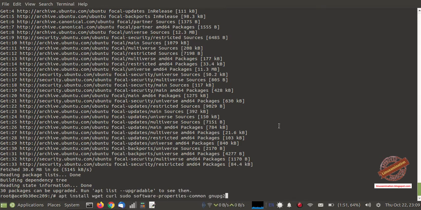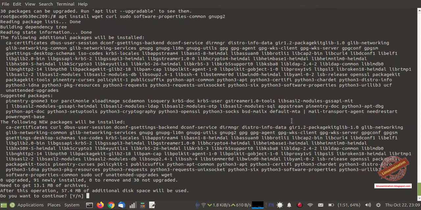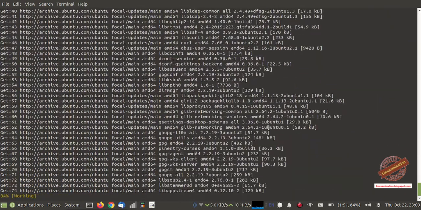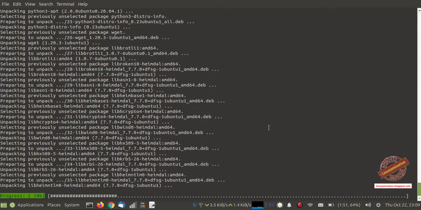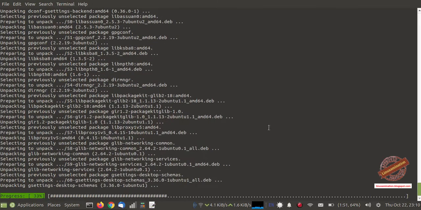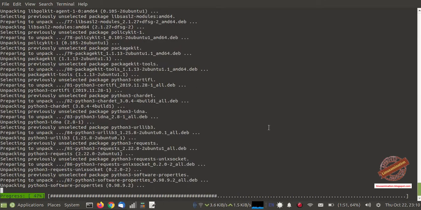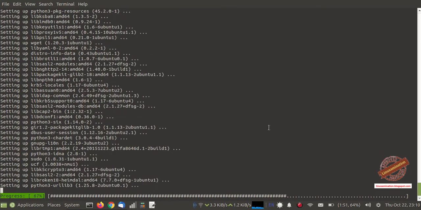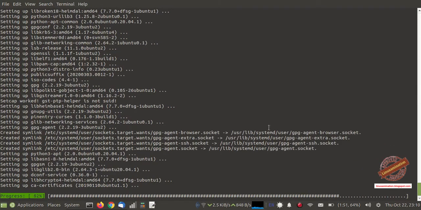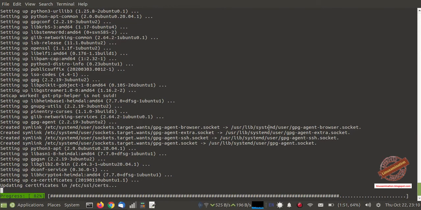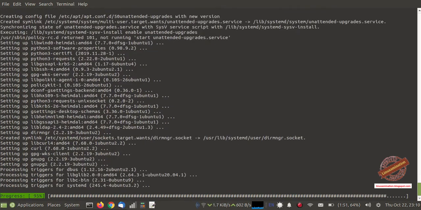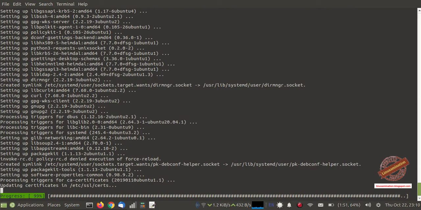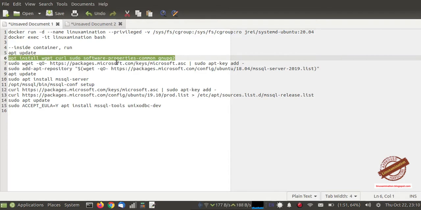Now I am installing other important dependencies like wget and curl. Yes, the packages have been installed.